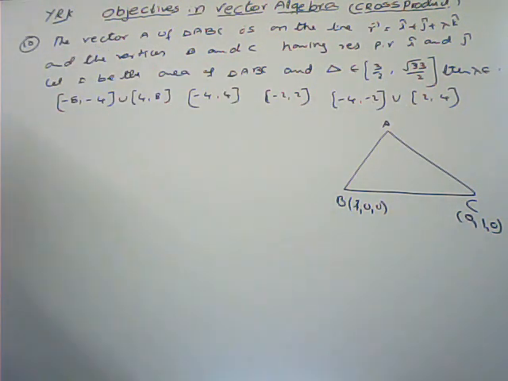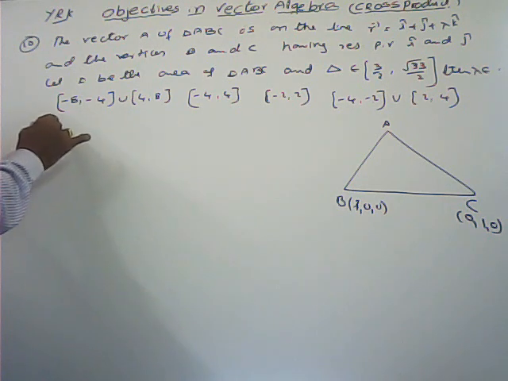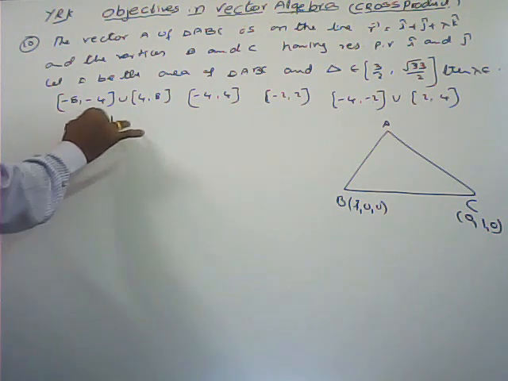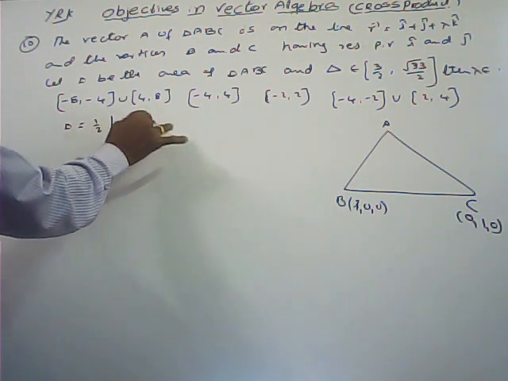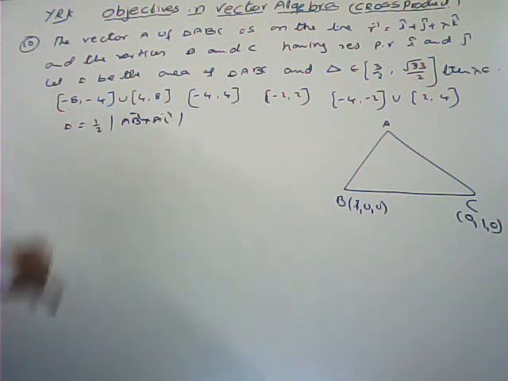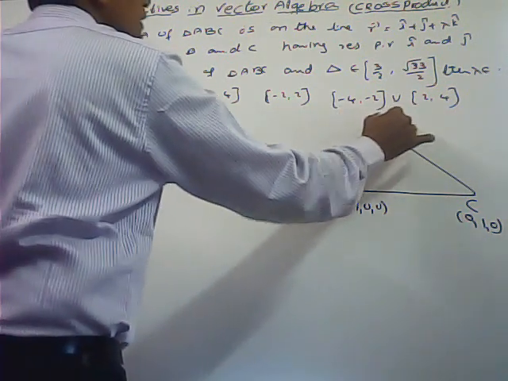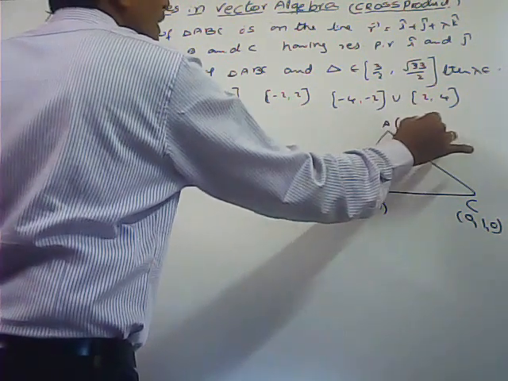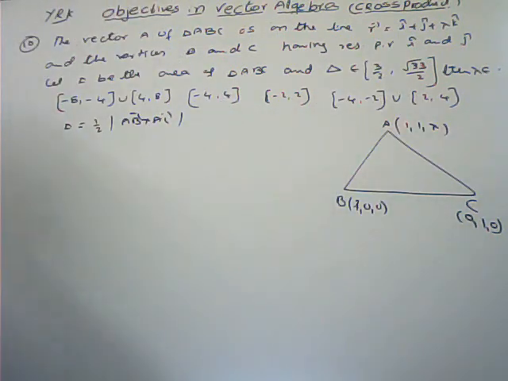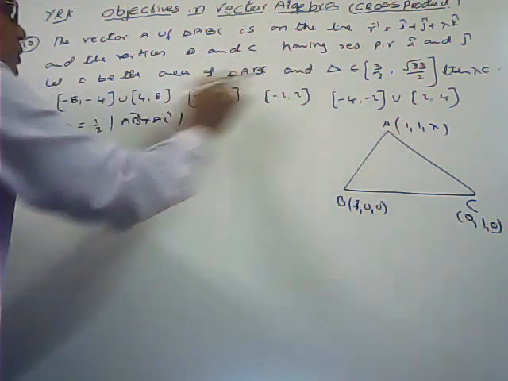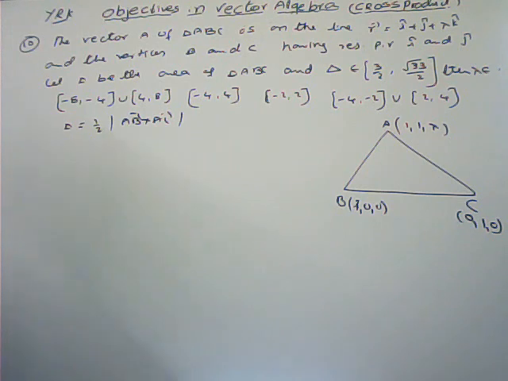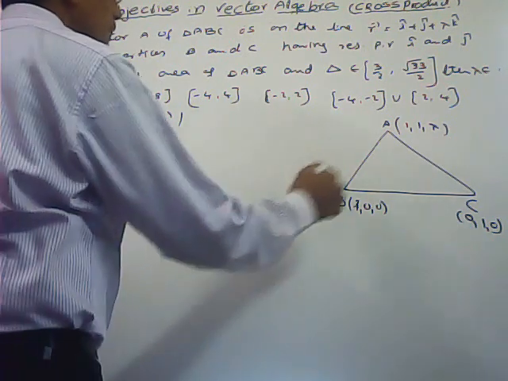What about the area of the triangle formula? Area of triangle equals half into modulus of AB bar cross AC bar. Here, the vertex A I am taking is 1 1 lambda, the variable point. Here we have to find the lambda values. Delta, the area, changes in this interval, so what about lambda? Now, what about AB bar cross AC bar?